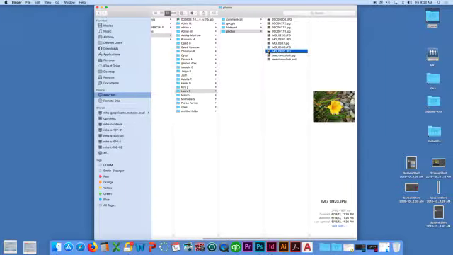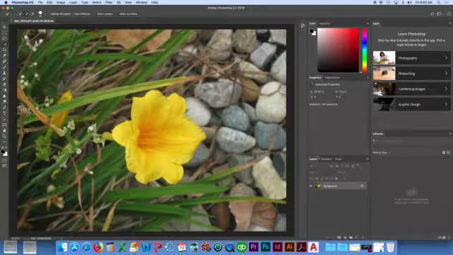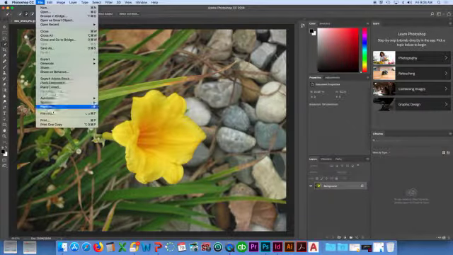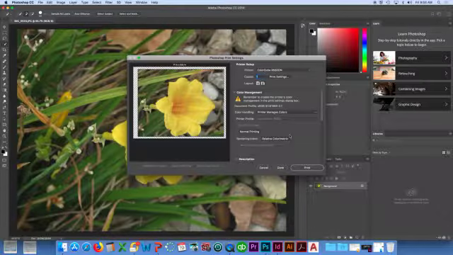So I'm going to take this image and I'm going to drag it over to Photoshop, which is PS in the docking station. It's going to open up, and this is your Photoshop. I want you to make sure you go File, Print. You always have to print a before picture before you